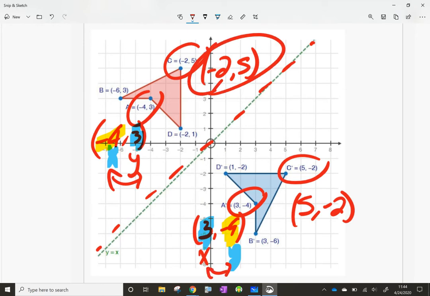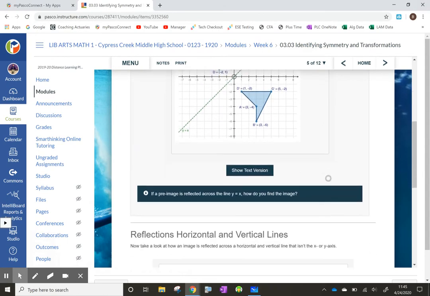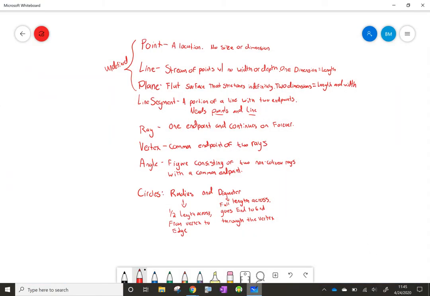You can see that here. The -2 was x, the 5 was y, but when we flipped it over this diagonal, it switched the other way around. The 5 was the x and the y was the -2. So that reflection is just a switch in the x and the y. So to create a simple shortcut for you, and something maybe you want to write down,